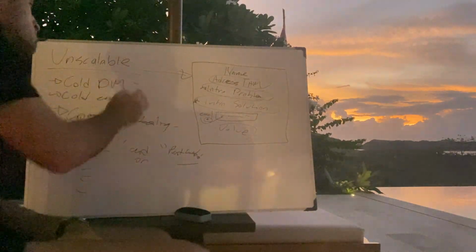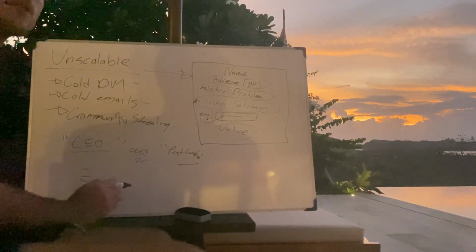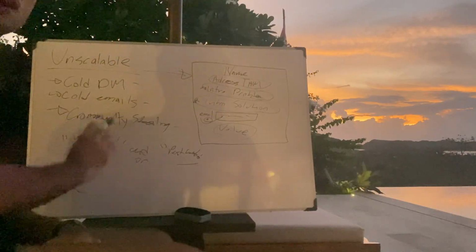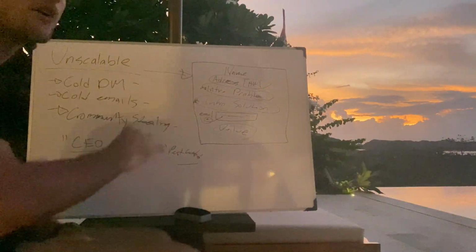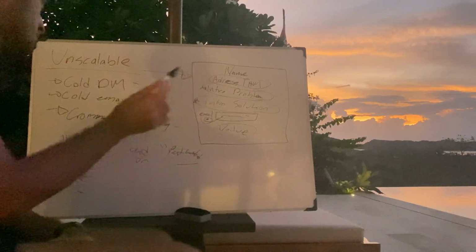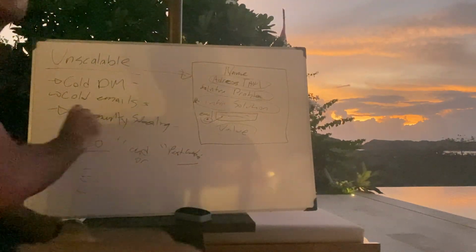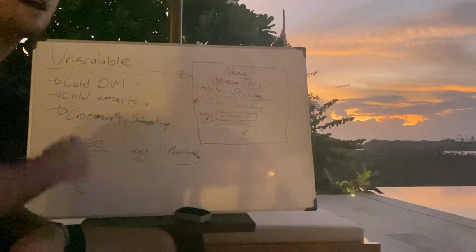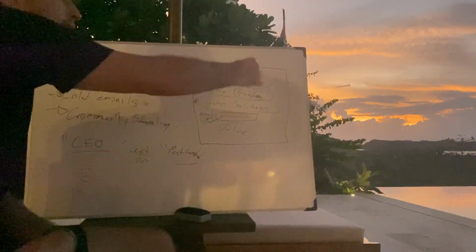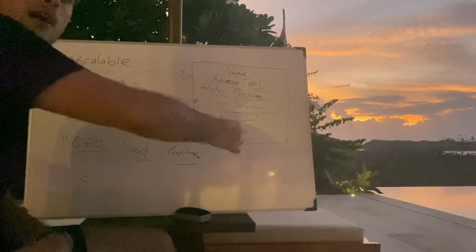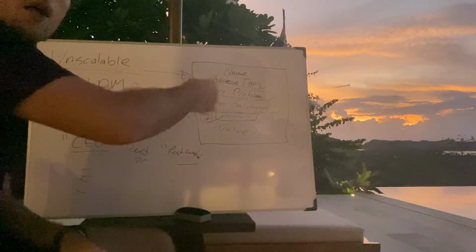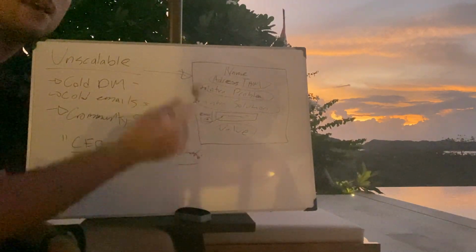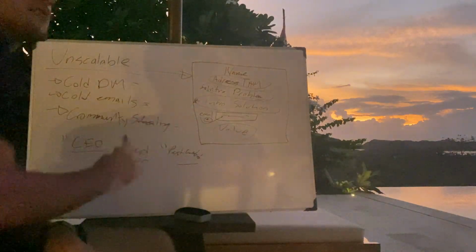So you're reaching out through cold DMs. You're doing the same thing through cold emails. If you want to set it up automated, you can. I'm not saying that's leverage. That's higher leverage than doing it manually. So if you can set up automated cold emails with the same idea, giving out free value, and then asking if they're interested in signing up for the product that you think will help them get the best bang for the buck in SEO. Now, community stealing.